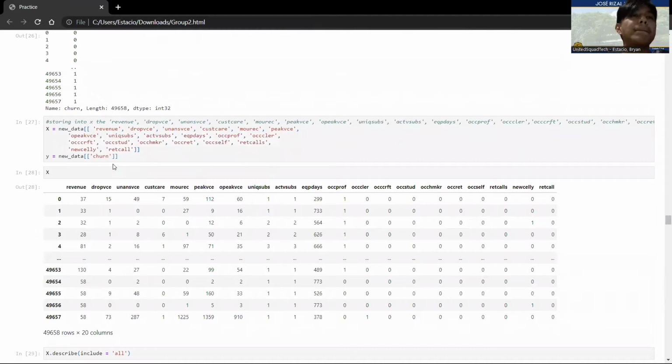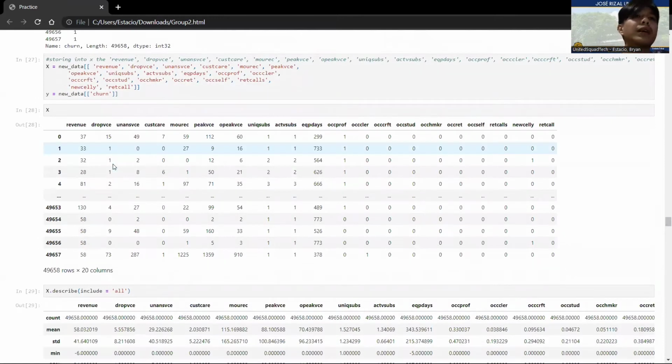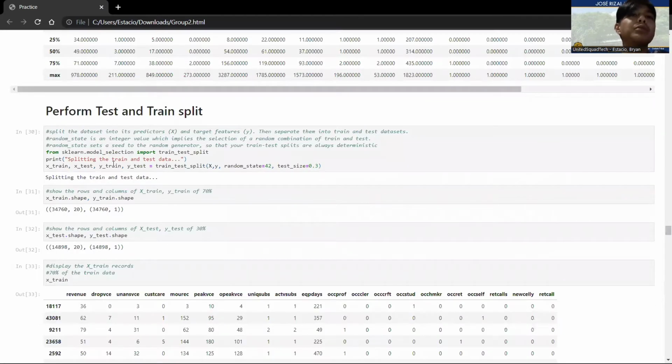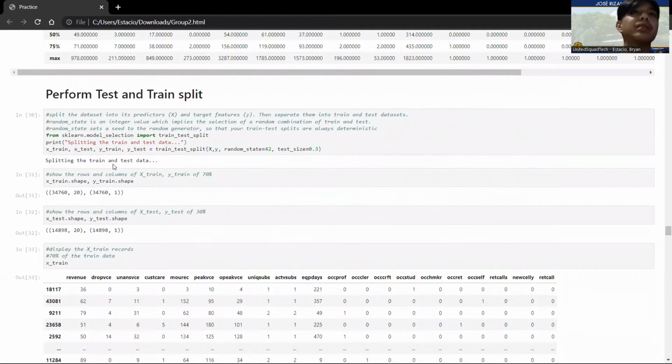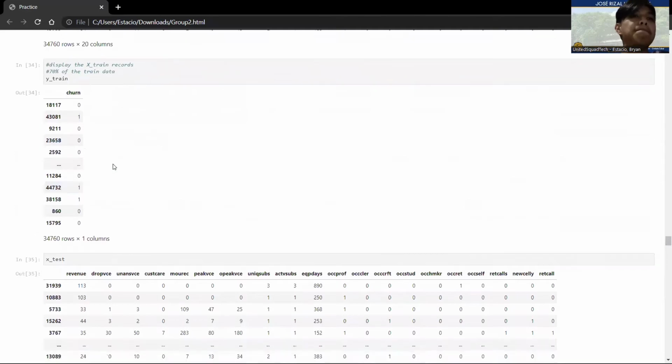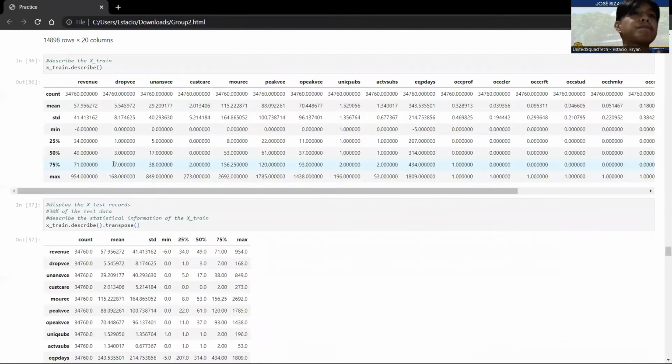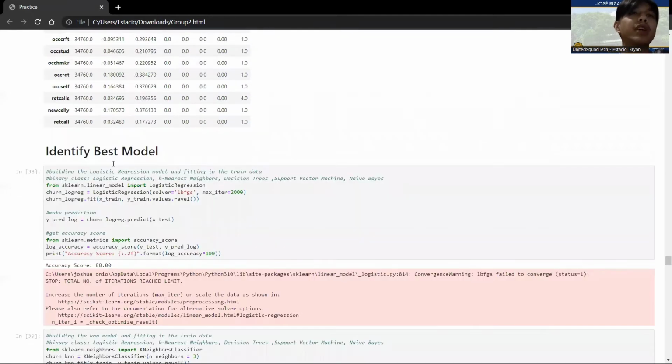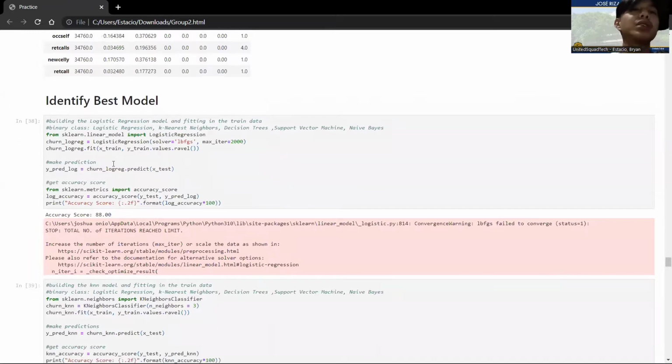We store the new data into X, and we perform the test and train. We split the data, and we identify the best model.